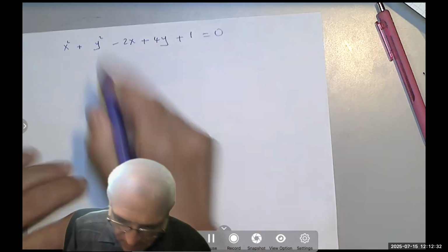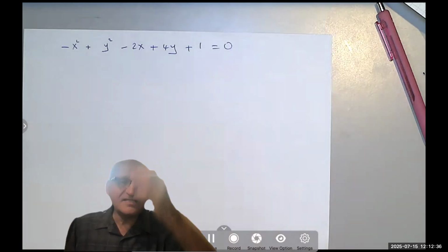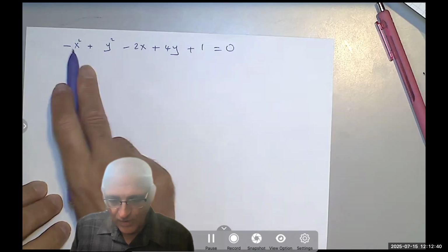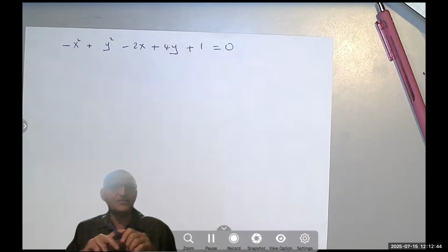Oh, I'm sorry. I meant one of them is negative. You can see that if the x square and the y square have opposite signs, then this would be a